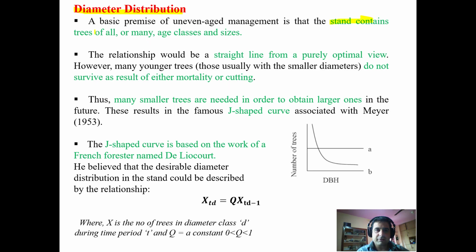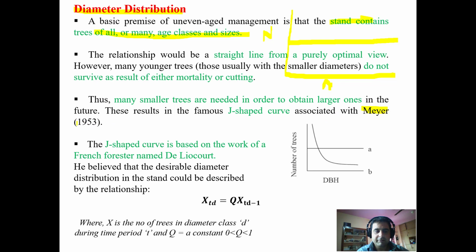A stand contains trees of all types, all age classes and sizes. Normally, if you want to see a relation between the age classes, this is your age and this is your number of stems. We would expect the curve to be like this, a straight curve, from a purely optimal view. But what we actually get is a reverse J-shaped curve, the famous J-shaped curve